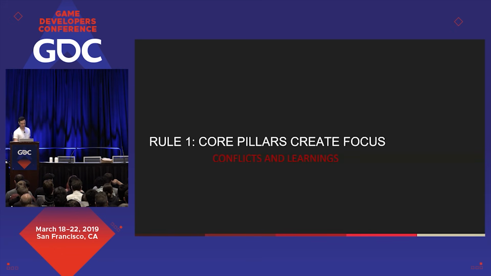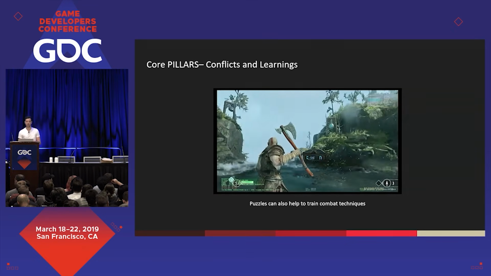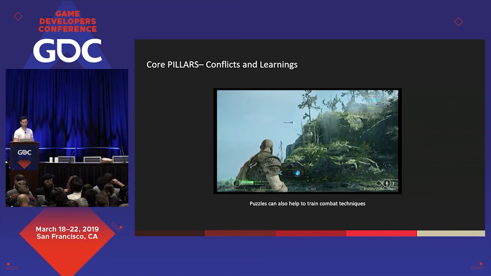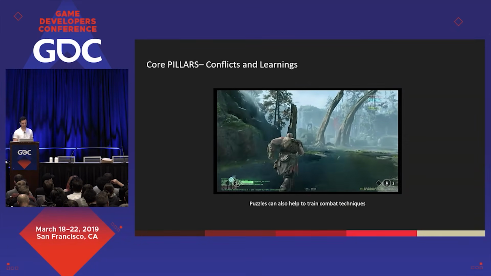What you might have noticed is that this game has a lot of puzzles. And puzzles are not represented anywhere in the core pillars of the game. So what's the deal? Are puzzles a core pillar or not, right? And this is a question that took us about 4.5 years to work out. So even though the puzzles take a lot of work, and even though they do take a lot of playtesting, they're a great addition to the game because they let us tap into the 3 pillars of the game in